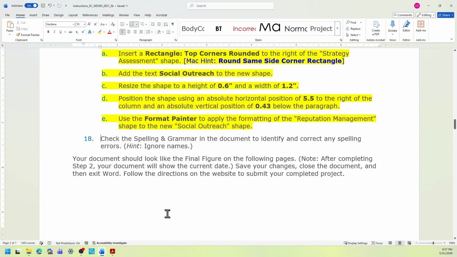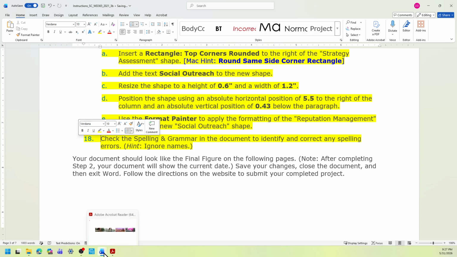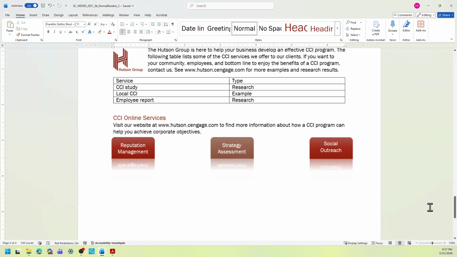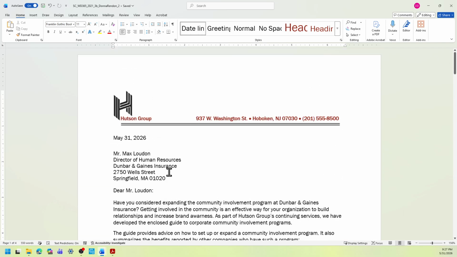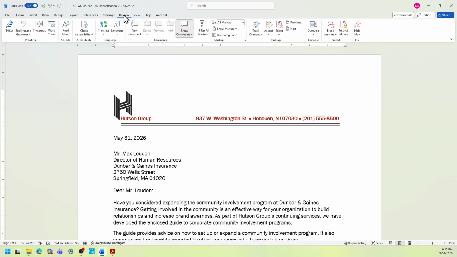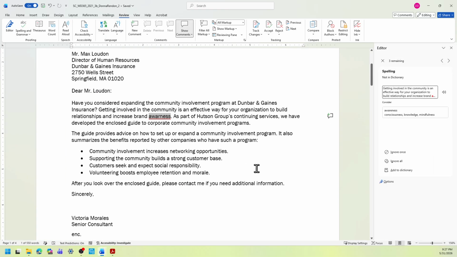This one, you're just going to check the spelling and grammar in the document to identify and correct any spelling errors. You're going to select ignore names. To be safe, I'm going to go at the top and then select the review tab and select spelling and grammar. And then we're going to ignore names.